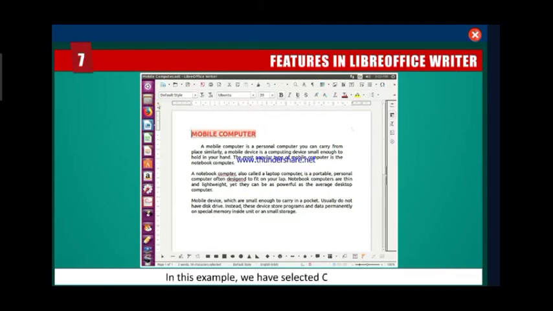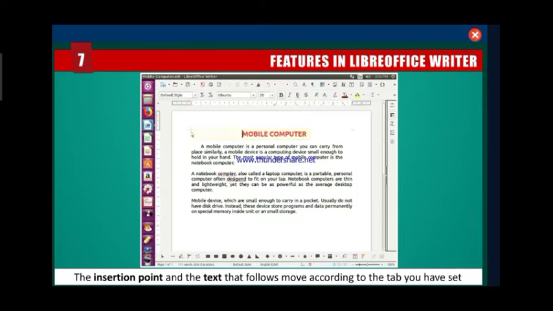Now, here I have selected Center tab. Click on the bottom of the ruler where you want to add tab. The new tab appears on the ruler. You can delete the tab also by dragging the tab. Now let's learn using a tab. Click on beginning of the line where you want to add tab, then press the tab key from the keyboard. Insertion point moves according to the point you have set.